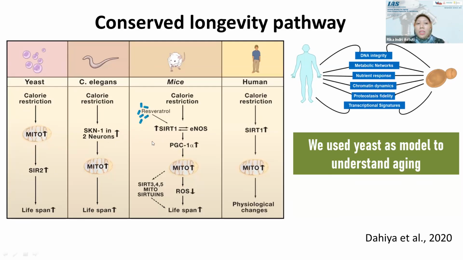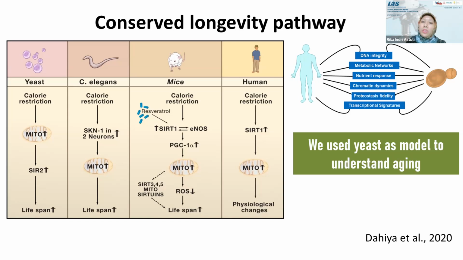Along with the more complex systems, the pathways are also more complex. The human system has a quite similar pathway, but it is very difficult to find out the lifespan of a human. So some physiological changes are observed to conclude whether the cells have a prolonged lifespan or not. But this picture shows that there is a conserved pathway between model organisms and what actually happens